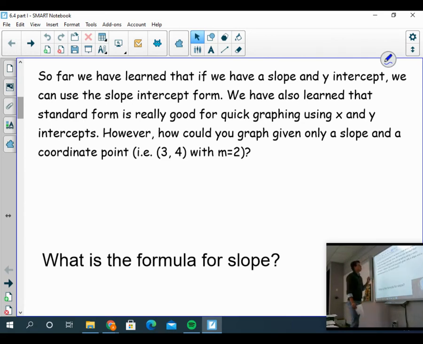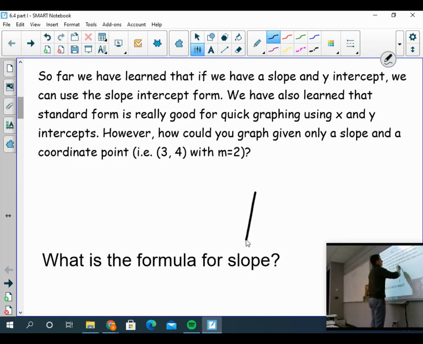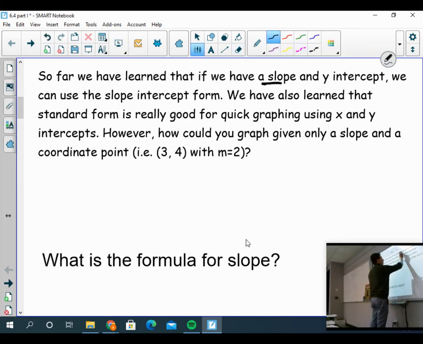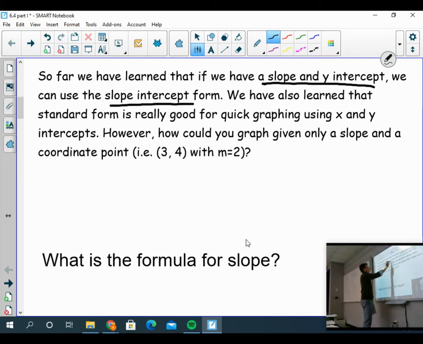If we have a slope and a y-intercept, we can use the slope-intercept form. Seems pretty self-explanatory. Remember, that was y equals mx plus b. If you don't remember that, that's 6.2. Pop back over to that video or look back at your notes from class